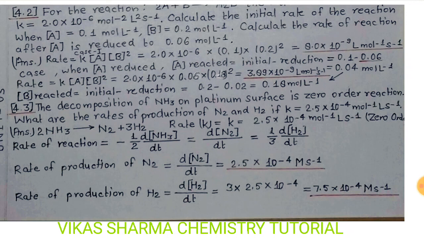So rate of reaction is equal to minus 1 upon 2, because the coefficient in the question is 2 moles, d, small d meaning instantaneous change, concentration of ammonia divided by dt, then another product dinitrogen, so d concentration of N2 divided by dt. Then hydrogen, the 3 molar form, so 1 up